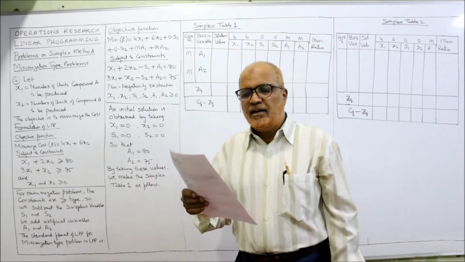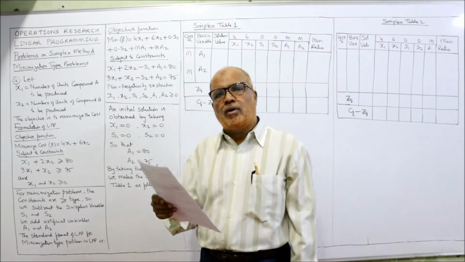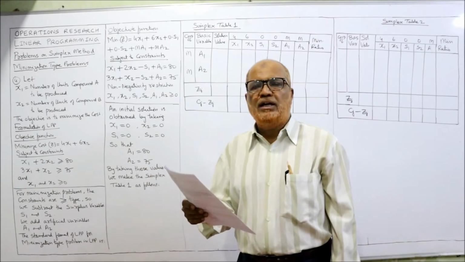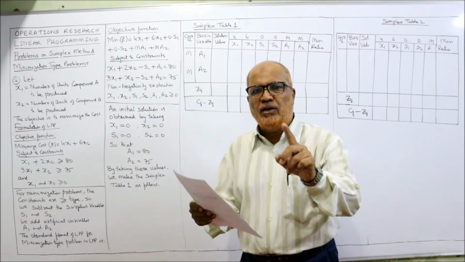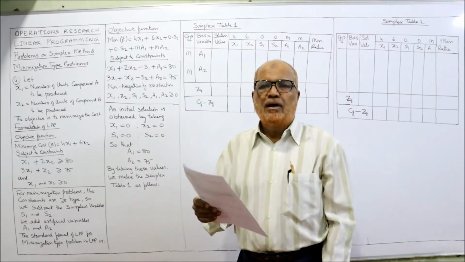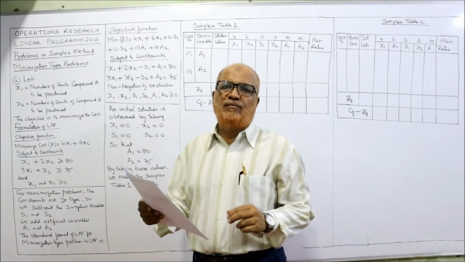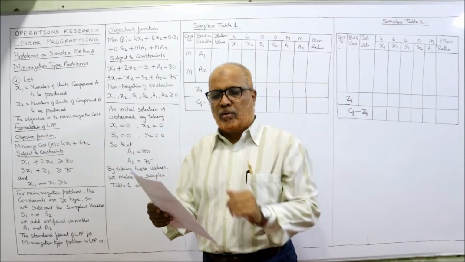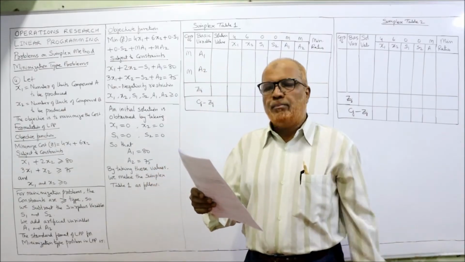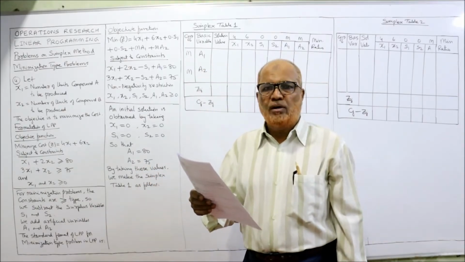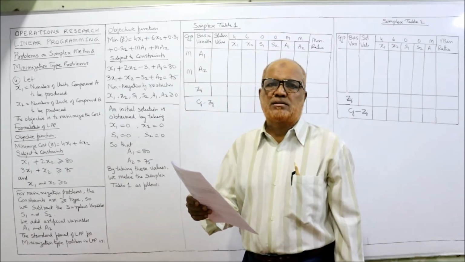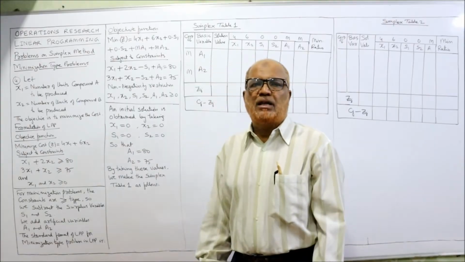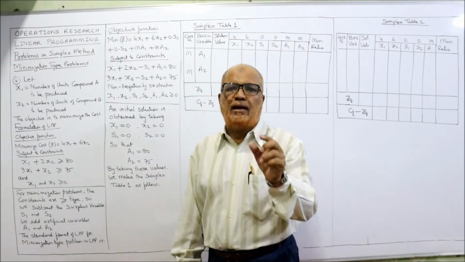Similarly, ingredient D, 3 units are required for making 1 unit of compound A, and 1 unit of D is required for making 1 unit of compound B. And the minimum requirement is 75, not less than 75. We can use 75 or more. Cost per kilogram of compound A is 4 and B it is 6. That's it. So first of all, we suppose let X1 be the number of units of compound A to be